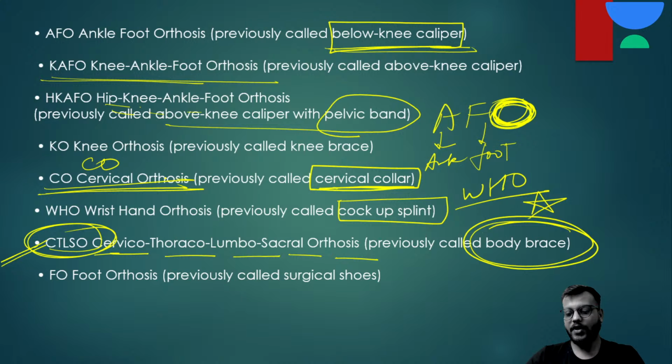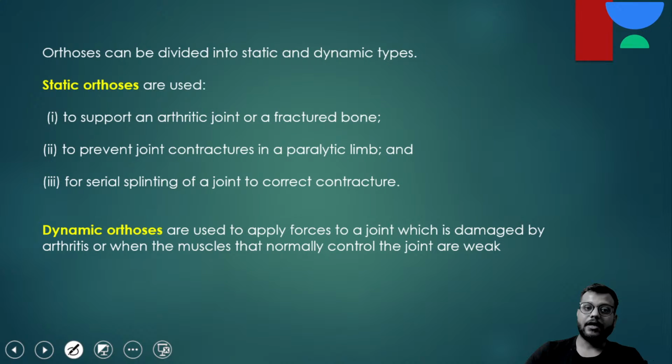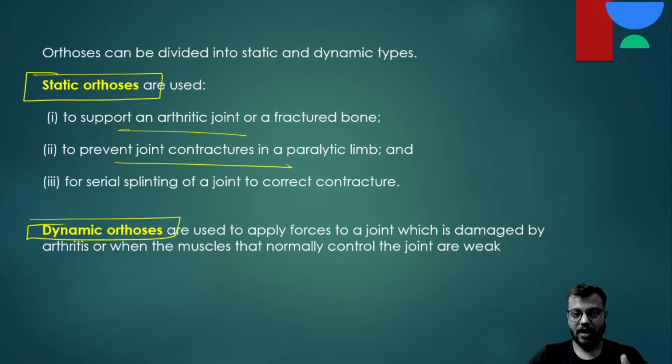and it is very easy। okay, now there are two types of orthosis, first is static, second is dynamic। नाम से पता चल रहा है static will support the joint, prevent any paralysis or contractures due to the paralysis, or correction of any contracture if there is any। okay, and dynamic में क्या हो जाता है, dynamic में you also provide the movement। okay, you apply force to the joint, this is called as dynamic orthosis।